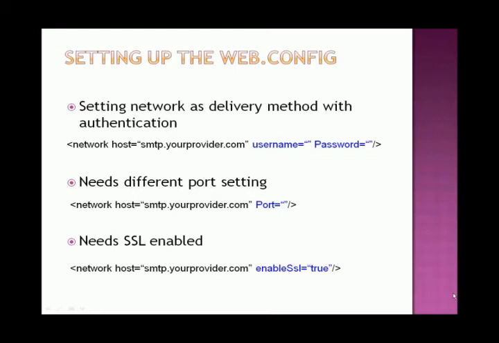the network element. If your SMTP server needs different ports, you need to set the different ports if it's not using default ports for email. So, for example, if instead of the default port it uses the port number 437, then you put the number 437 within the port attribute of your network element. And of course, the SMTP might require SSL to be enabled to send email messages, basically encrypt them. And for the SSL encryption, in the network element, you use the enable SSL attribute and you set it